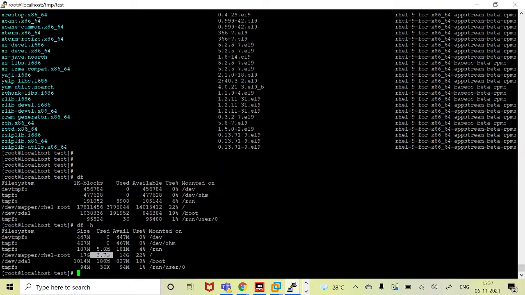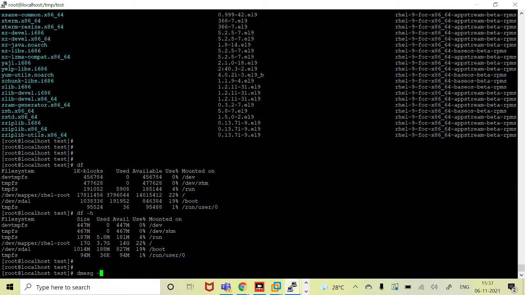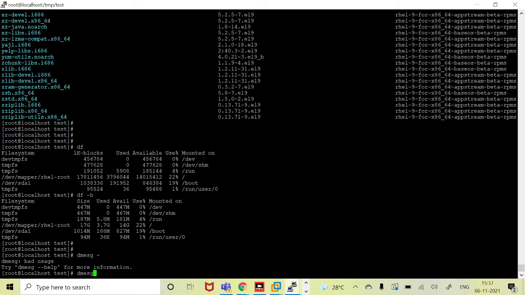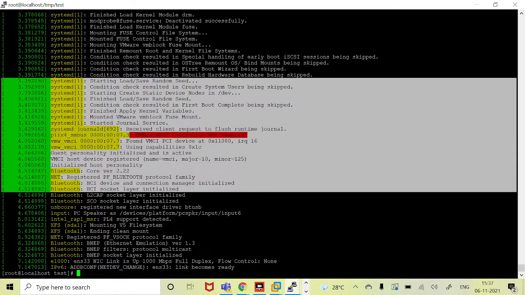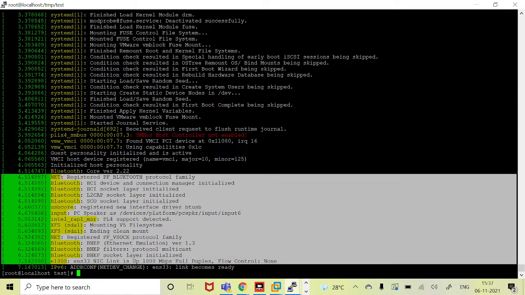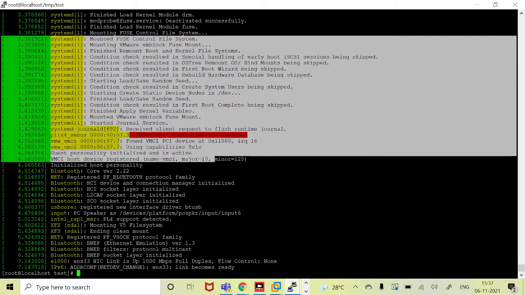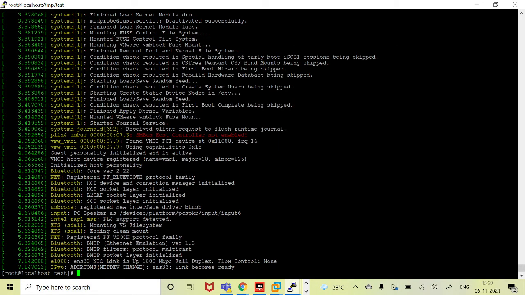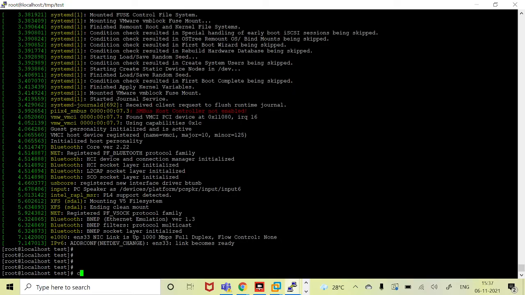See, 3.57 GB is the used space. And looking at dmesg and all, it is giving a more detailed view from the kernel buffer, kernel data. So this will help us to do advanced troubleshooting.